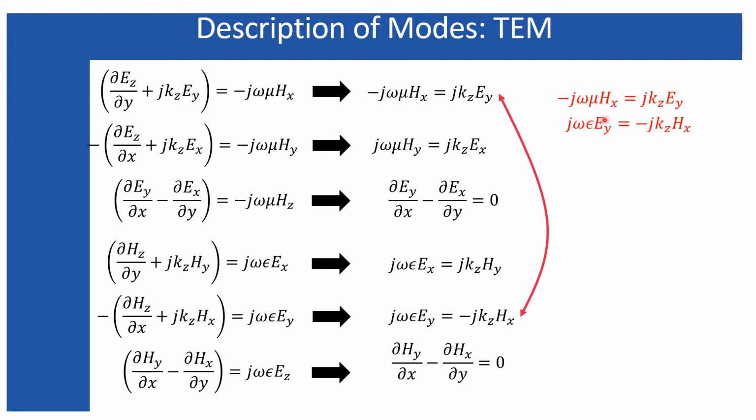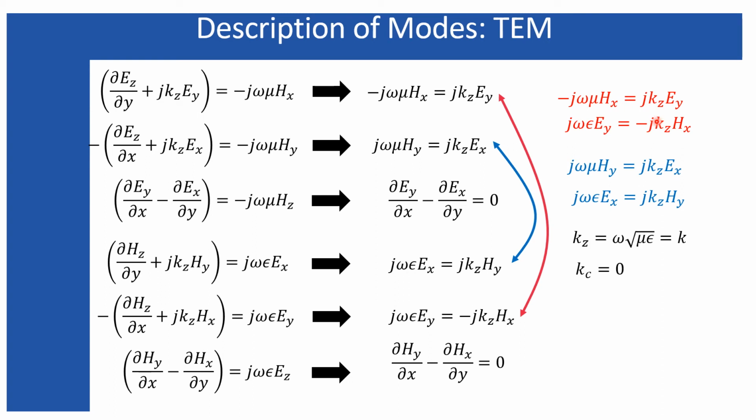Now we can see from these two equations that there exist Ey and Hx. So if we group these two expressions together, and from there replace Hy from one equation to another, or Ex from one equation to the other, or Hx from one to the previous one, and Ey from one to the other, all of this replacement will result in the same equation, that is kz equals omega times root over mu epsilon, and that is the k that I assumed in my last slide. So for the TEM mode, kz will always be equal to k.